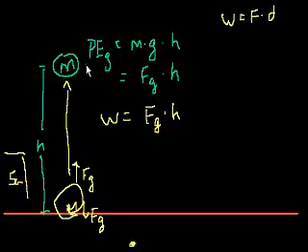And I know when we studied potential energy, it seemed like there was kind of an absolute potential energy, but that's because we always assumed that the potential energy of something is 0 at the surface of the Earth, and that we want to know the potential energy relative to the surface of the Earth. So it would be kind of, how much work does it take to take something from the surface of the